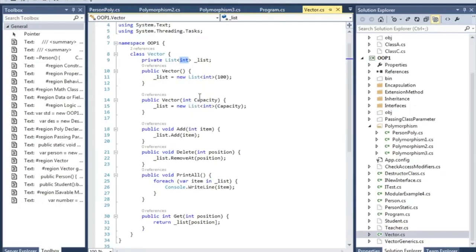I have the add capability. I just call the add function, and in the constructor I make the capacity 100, and you can change it by explicitly giving the capacity in the constructor. It's really very straightforward code. I also have a new additional method called PrintAll. It will print all the list items in the console, and you can get any positioned item, and you see that it works like an array.